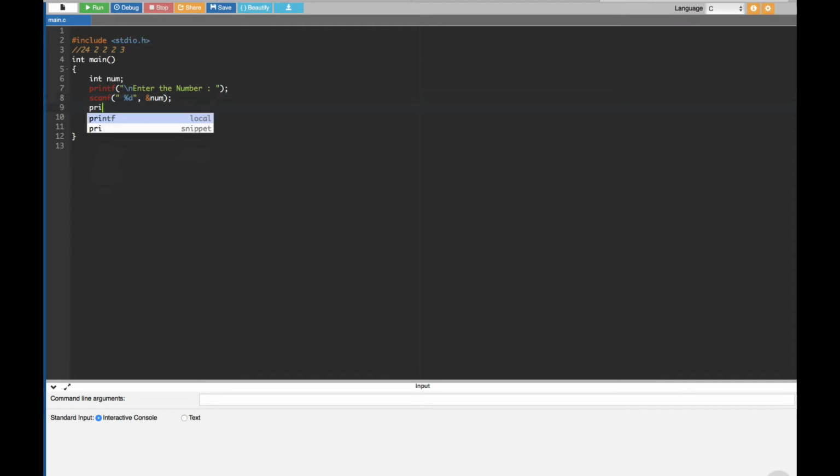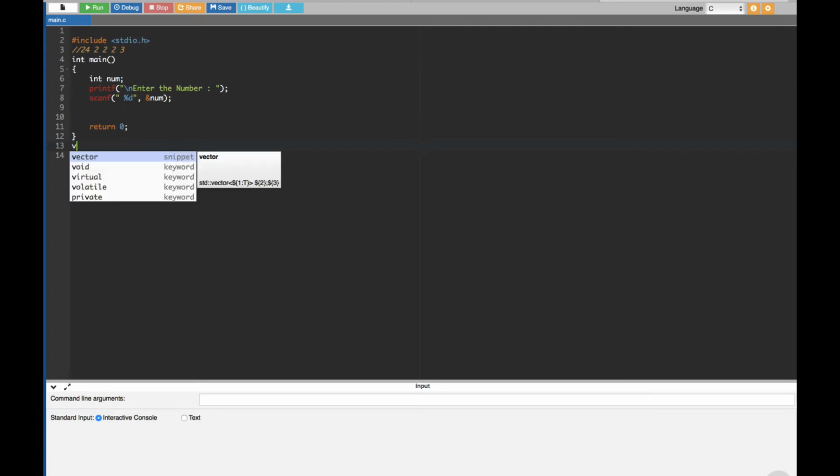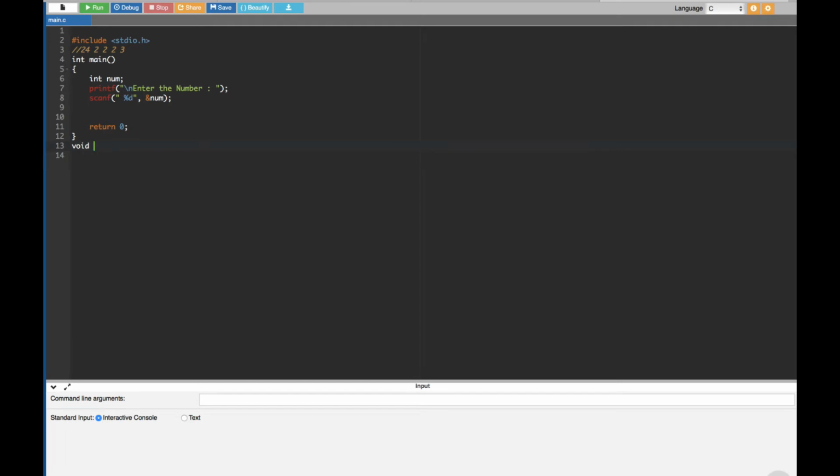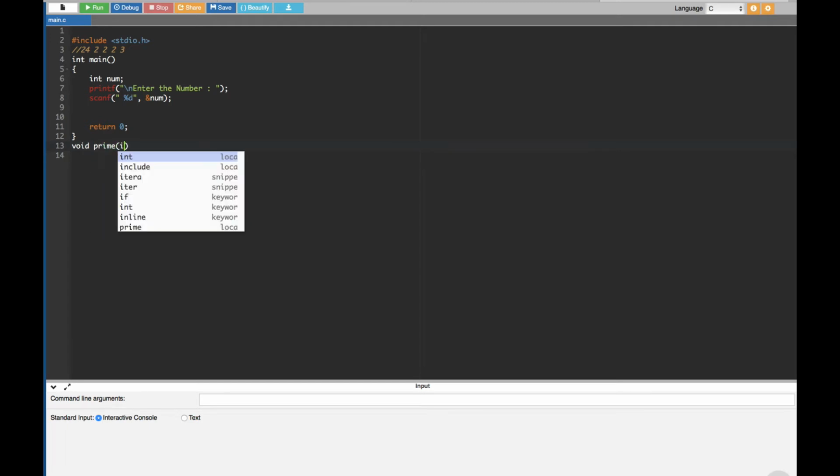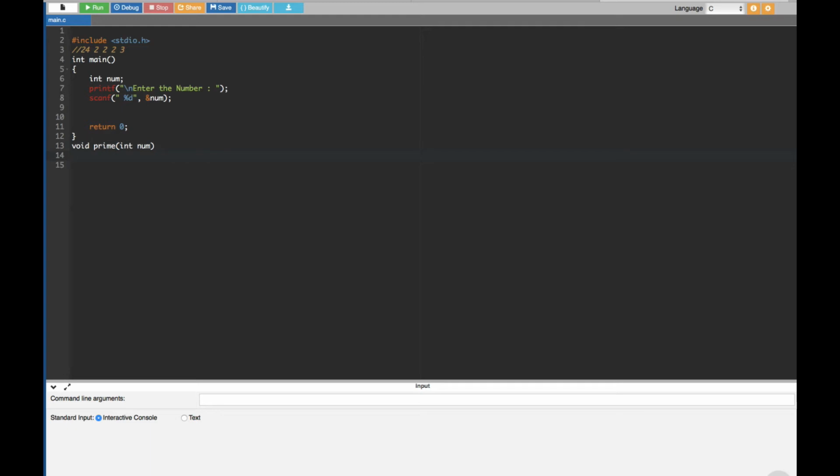Now the next thing is we are going to create another function. Let's go ahead and create that one first before I write this one. Okay, let's go ahead and create another function. I'm going to call this function prime. So void function, and I'm going to call this function prime, integer num. Here we are going to find out the prime factors. To find out the prime factor, first I initialize i to 2, integer i is equal to 2, and then we are going to give a printf statement right here. In this one we are going to say prime factors are